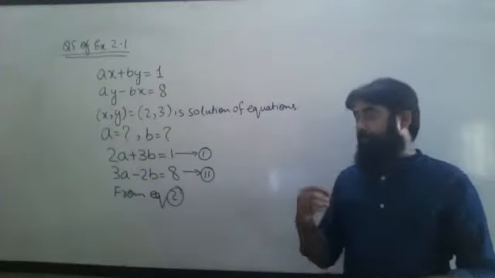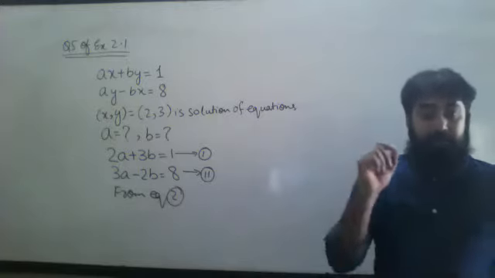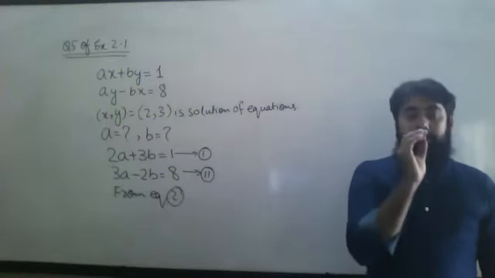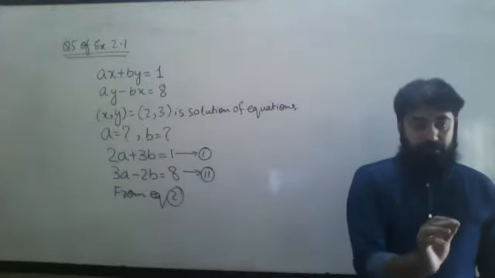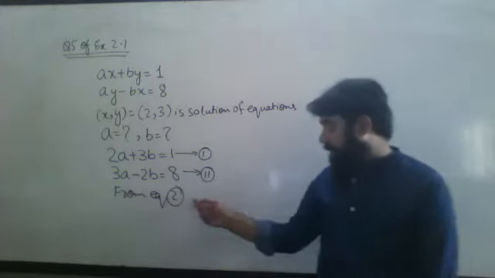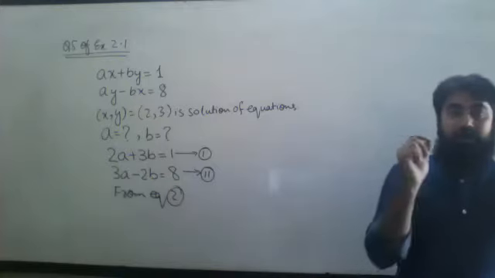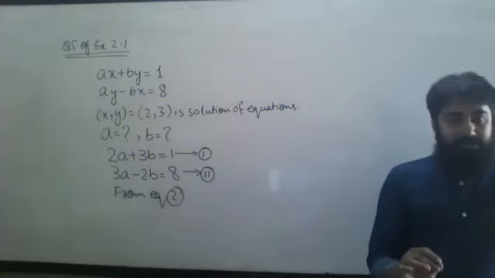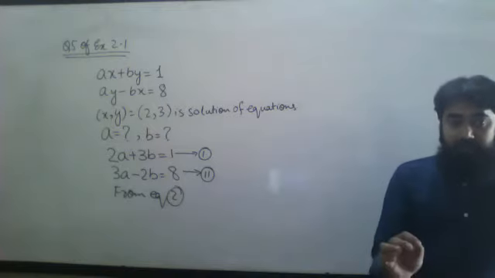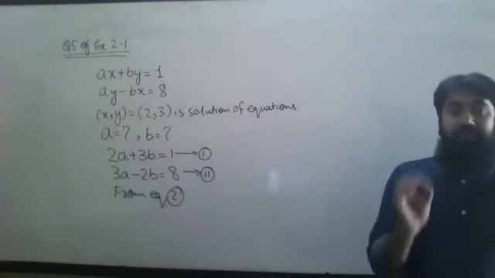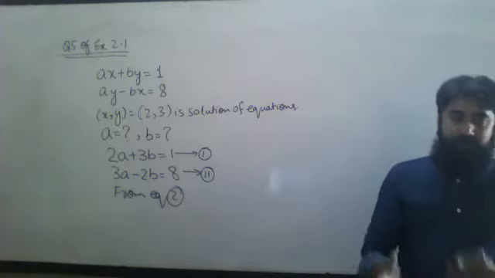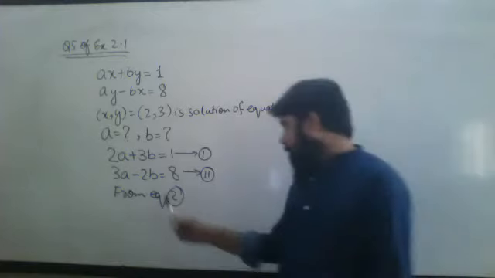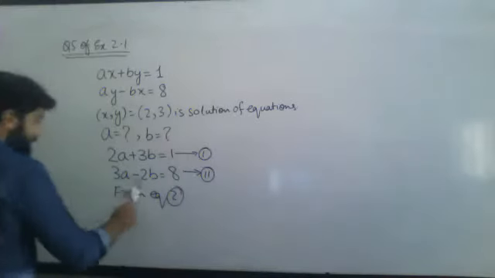But what I always prefer, again it is not a hard and fast rule, is to go with the variable which has the smaller coefficient. Whichever has the smaller coefficient, I will make that one the subject. It is just a trick which I always use to make my question easier. So over here, b